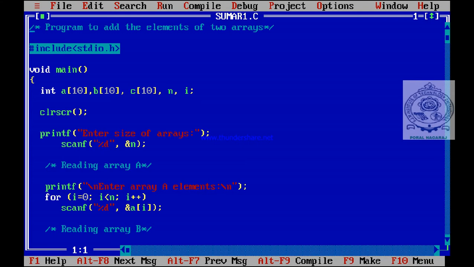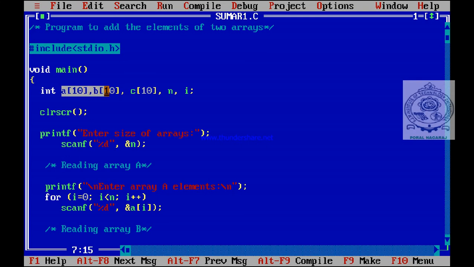Okay. So we need two input arrays here. Program to add the elements of two arrays: #include <stdio.h>, void main. See here we need A of 10, B of 10. So we have to first declare the arrays. Why do we have to declare the arrays? To reserve the memory. I am using integer arrays, so two input arrays of size 10 I am taking for simplicity. First array name is A, second array name is B. These two are input arrays of data type integer.